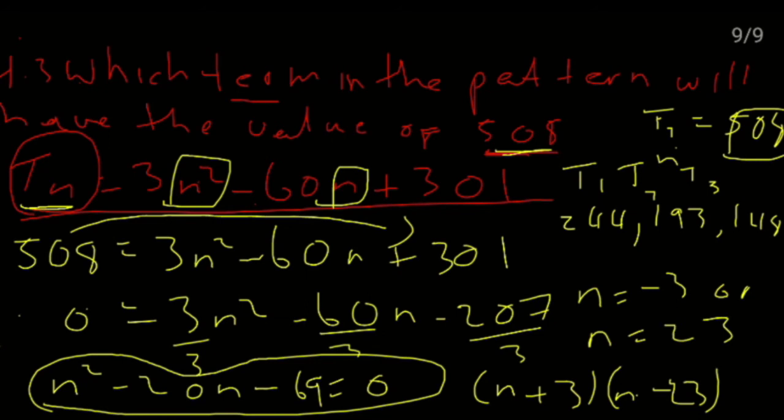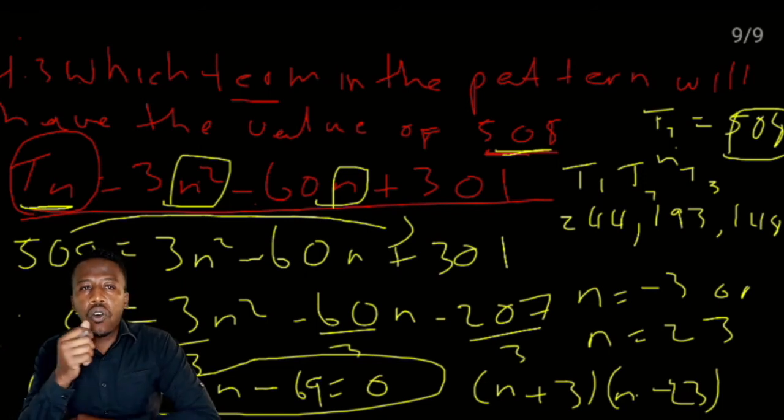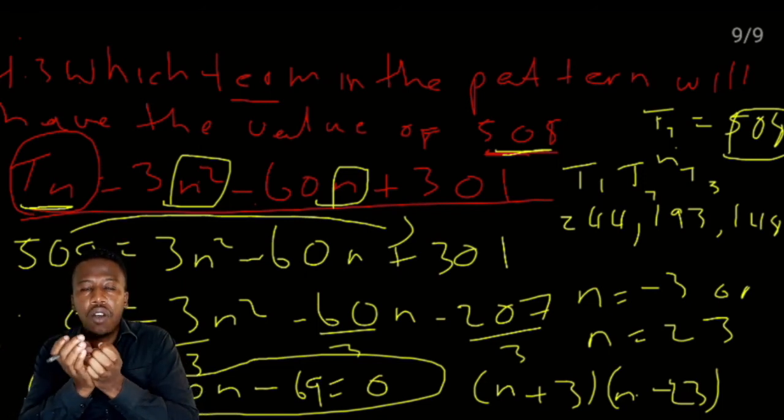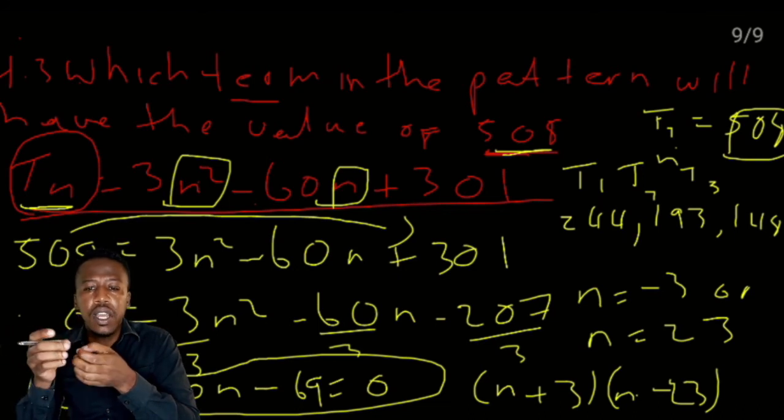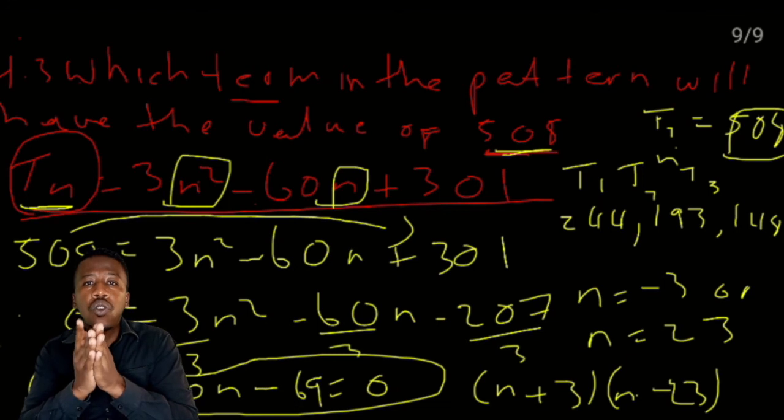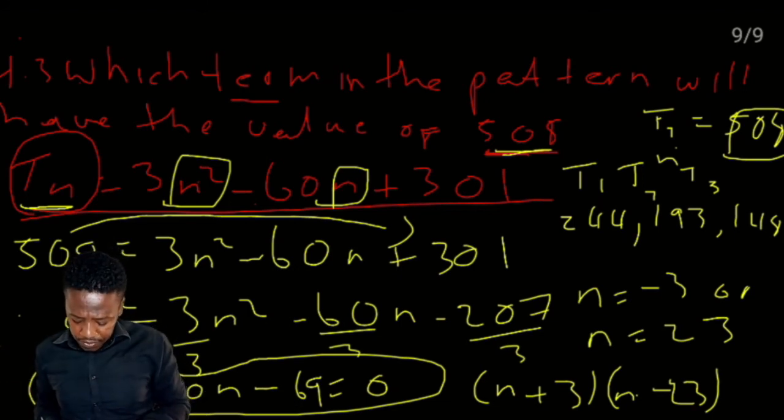23. Now remember when we started with number patterns, we said we are dealing with counting things, right? And then you can never count negative things, right? Or you can never count a person as a half a person or an apple or whatever. We count whole numbers, we count whole things, meaning whatever value that you have for n, it should never be a negative or a decimal number, meaning in this case, since we have two values for n, which is -3